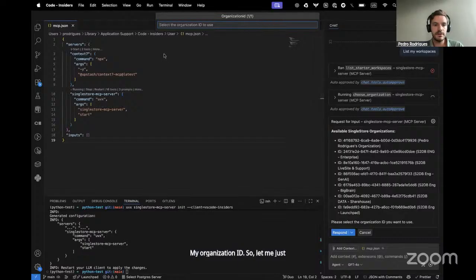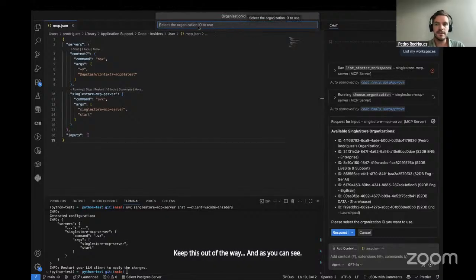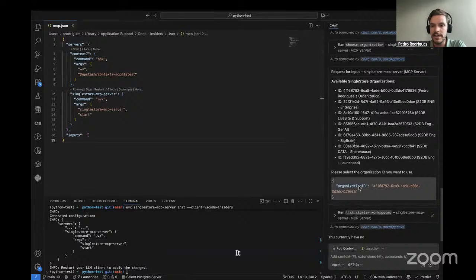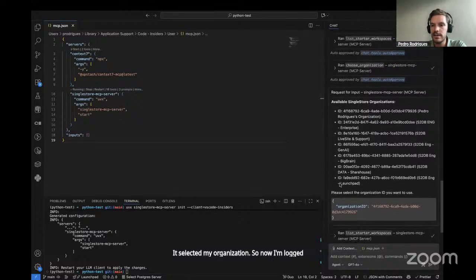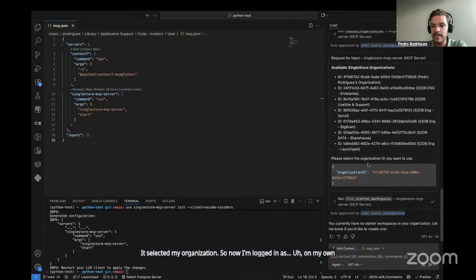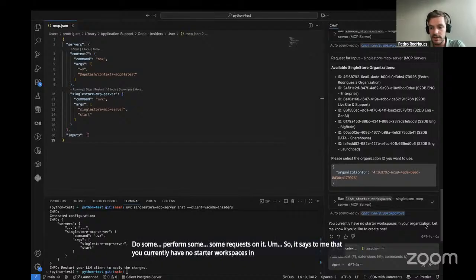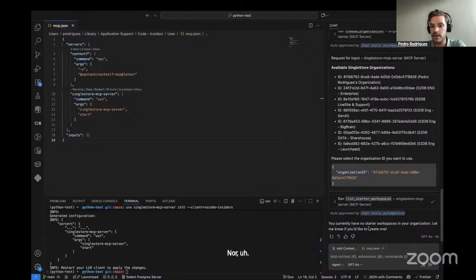Let me just keep this out of the way. And as you can see, it's expecting an input. It's not free text. I'll just put it in, and it selected my organization. So now I'm logged in on my own organization, and I can start performing some requests on it. It says to me that you currently have no starter workspaces in your organization, nor workspaces at all. So I'll say, let's create a new starter workspace